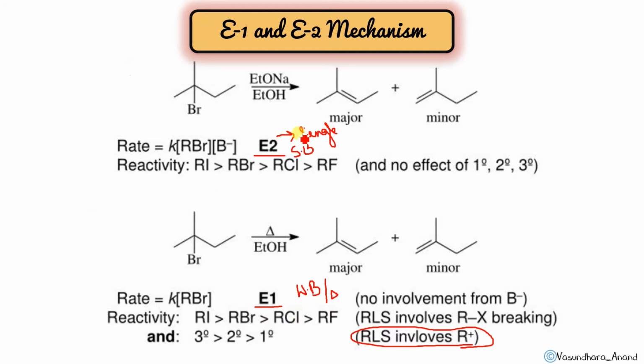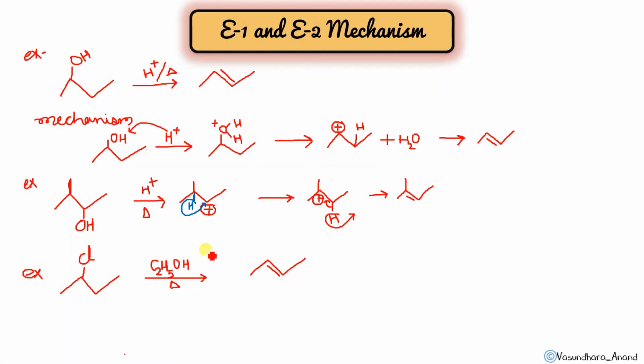I have told you, now let's do the mechanism. So see, these are a few examples we will do. In this case, this is the reaction of dehydration. Actually, it's not dehalogenation, but let it be. This is also an elimination reaction. If heat is there, I have already told you so many times, there will be elimination. Something will be eliminated. In general, we eliminate water and remove the hydrohalogen.